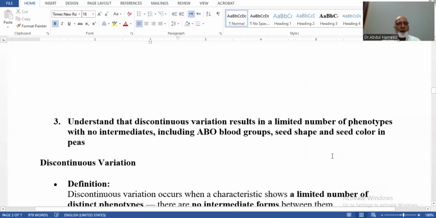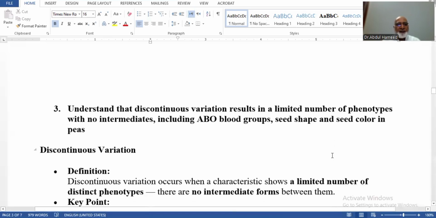So the third subtopic in this subunit of variation is to understand that discontinuous variations result in a limited number of phenotypes with no intermediate. It doesn't mean that the individuals of the population have a limited number of phenotypes. No, absolutely not. It means that the phenotypes in a particular case are of limited number, maybe one or two groups, maybe 3 or 4 groups, not more, with no intermediate, including ABO blood groups, seed shape and